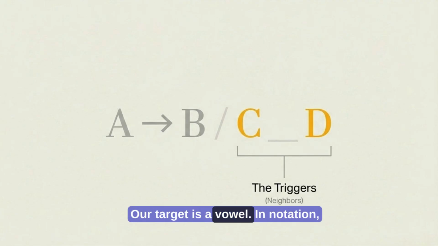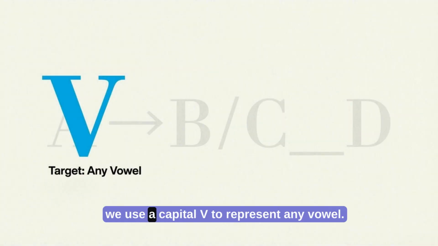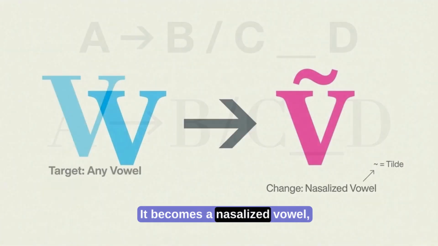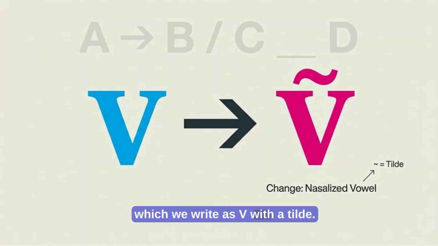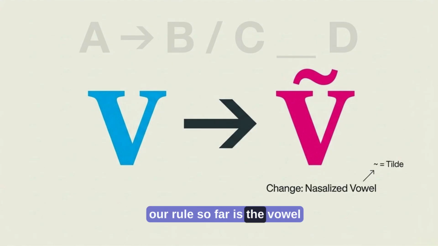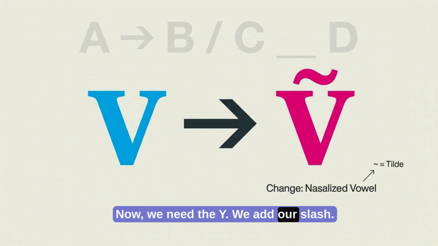Our target is a vowel. In notation, we use a capital V to represent any vowel. So we start with V. What does it become? It becomes a nasalized vowel, which we write as V with a tilde. So our rule so far is the vowel becomes nasalized. Now we need the Y. We add our slash,